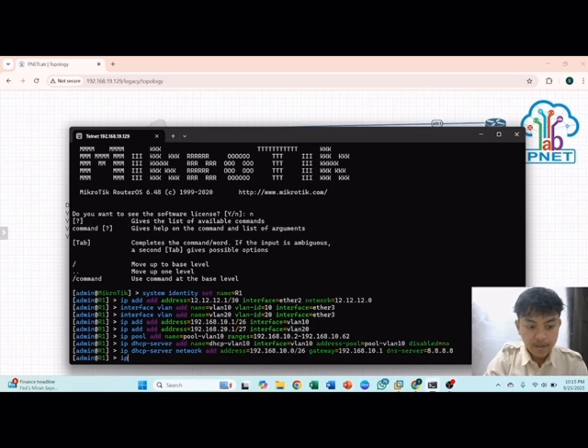And then we will add the IP pool for VLAN 20.